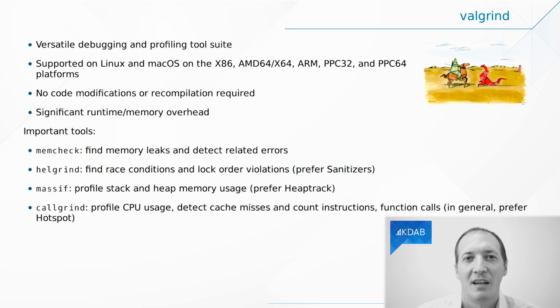You run the application again, you get a different result. That's the type of bug where Valgrind really shines, because it will tell you exactly where this source of invalid memory use comes from. It has other tools than this one. It has Helgrind for race conditions. It has Massif for memory usage, and it has Callgrind for profiling. But for these three things, I'm going to show you alternatives that end up actually being better. But the default tool, Memcheck, is very, very useful.